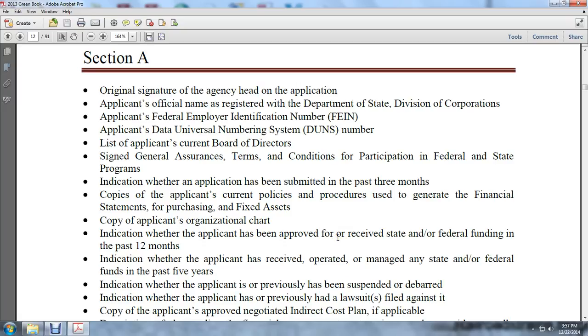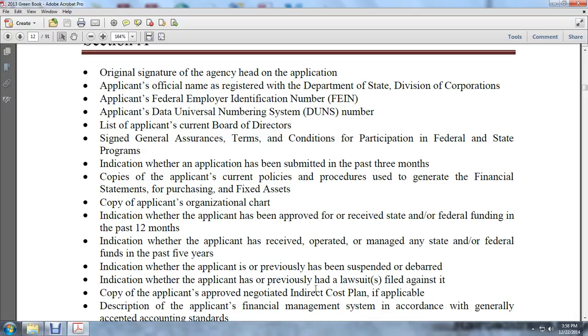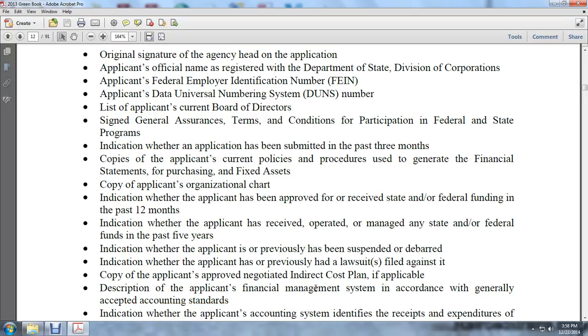copies of the applicant's current policies and procedures used to generate financial statements, purchasing and fixed assets; a copy of the applicant's organizational chart; indication whether the applicant has been approved or received state or federal funding in the past 12 months; indication whether the applicant has received, operated, or managed any state or federal funding in the past 5 years; indicating whether the applicant previously has been suspended or debarred; indication whether the applicant previously had a lawsuit filed against it; copy of the applicant's negotiated indirect cost plan, if applicable; description of the applicant's financial and management system in accordance with generally accepted